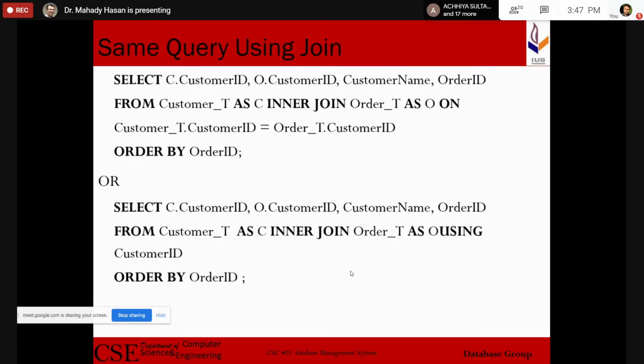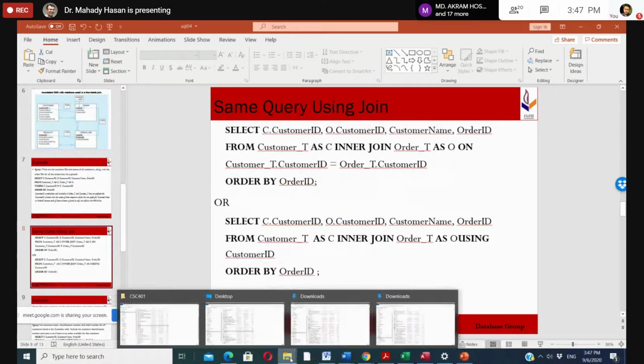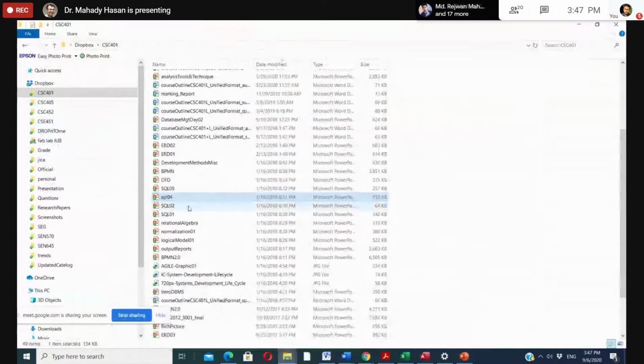আমার কোশ্চেনটা হচ্ছে স্যার, সিলেক্ট সি ডট সিটা যে দিতেছি স্যার, কাস্টমার টি থেকে সিটা আসছে স্যার, এটা তো আমার ফার্স্টে বলা উচিত ছিল। আমি ফার্স্টে বললাম সিলেক্ট সি ডট কাস্টমার আইডি, কাস্টমার নেম, অর্ডার আইডি। কাস্টমার নেমটা তো স্যার কাস্টমার টেবিল থেকে আসছে। তো স্যার এখানে আমি কেন সি ডট কাস্টমার নেমটা বললাম না, অথবা অর্ডার আইডিতে ও ডট অর্ডার আইডি বললাম না কেন? নাকি এই দুটো আমি জয়েন করতে চাচ্ছি না? স্যার এই জিনিসগুলো একটু গুলে যাচ্ছে স্যার। আচ্ছা আচ্ছা, আমি একটুখানি তাহলে পিছনের দিকে যাই।